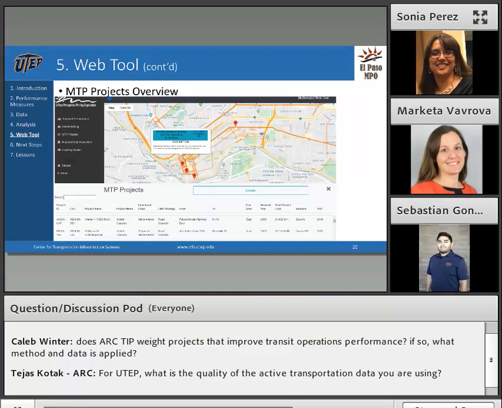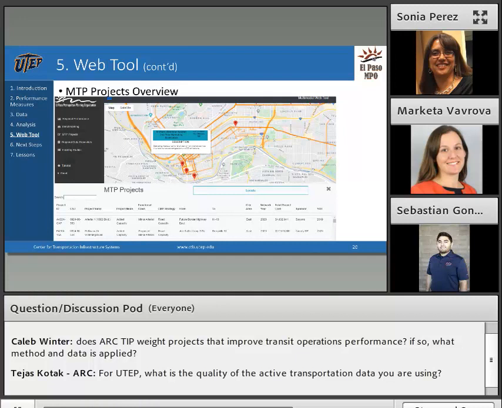The next module is the MTP projects overview. So in here, we have the projects that are planned in the Long Range Metropolitan Transportation Plan. And this is a table with basic information about each project. And you have the ability to search, the ability to locate.